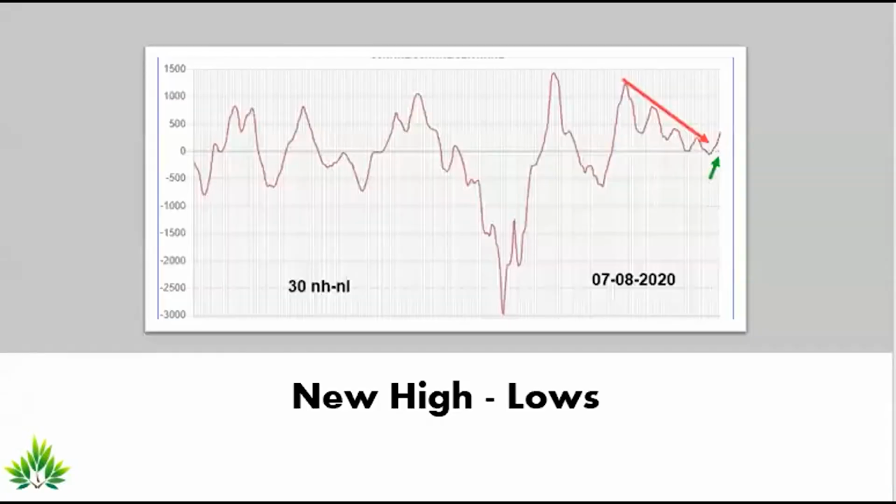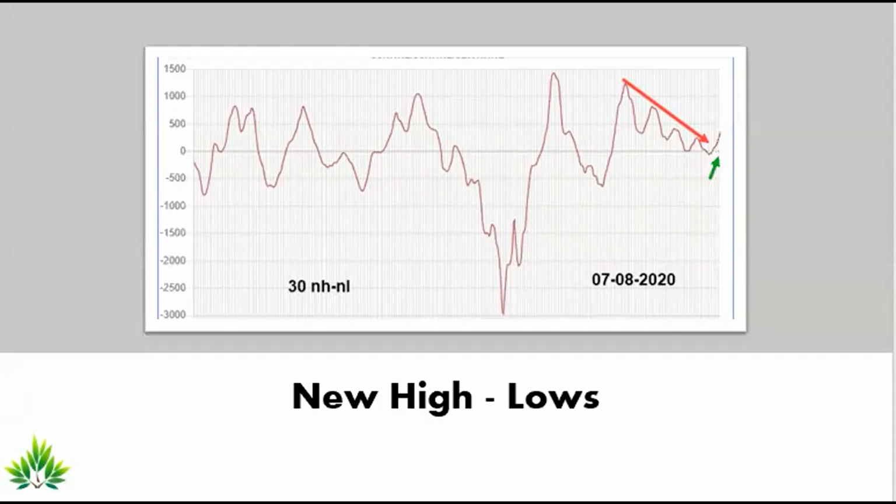Next, we come to the new high, new low index. This is a unique indicator showing us who is leading the market. If there are more new highs, it means leadership is on the bullish side. On the other hand, if there are more new lows, then the market is about to slide. We shall look at this in 3 time periods to get a feel of what is in store now and up to the year.